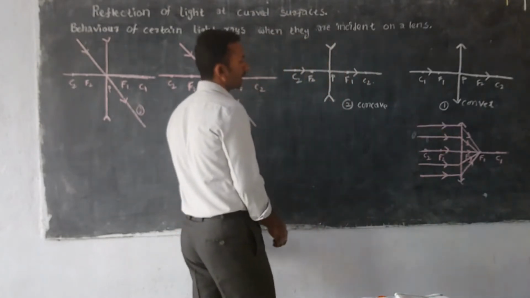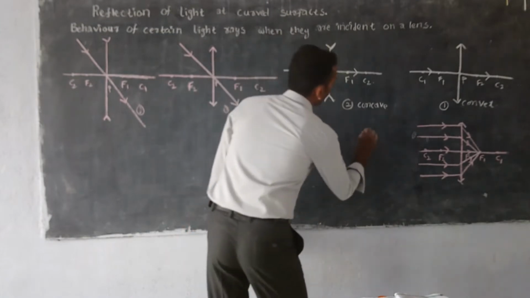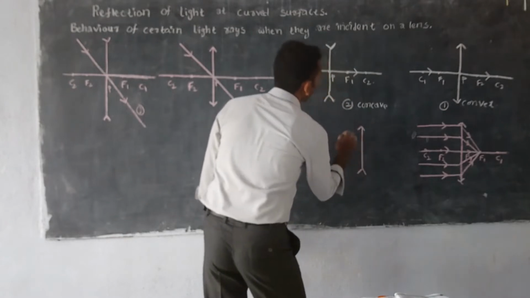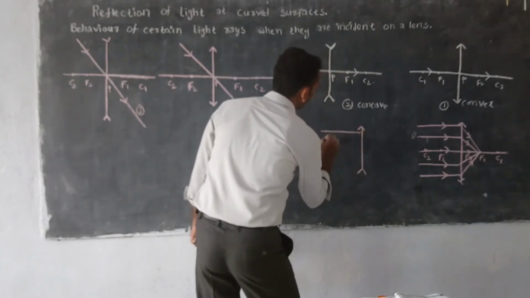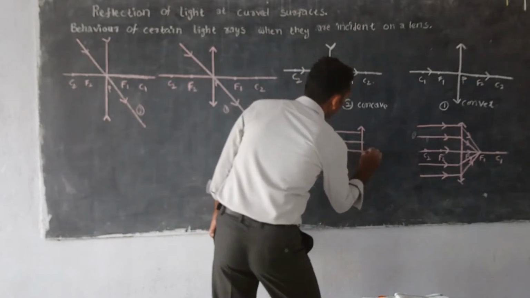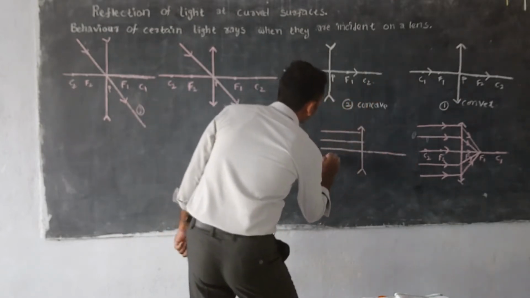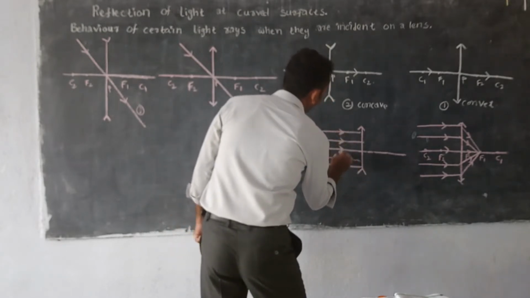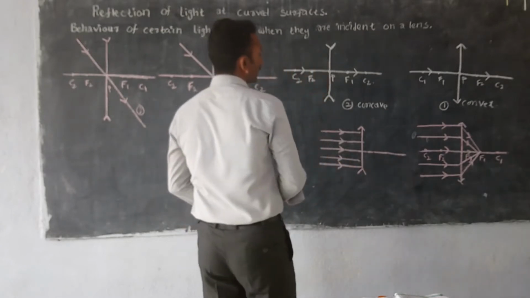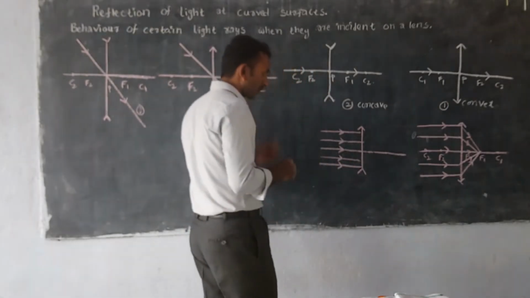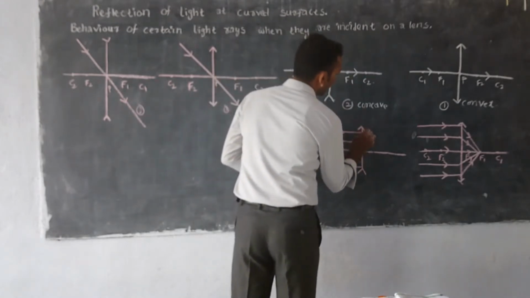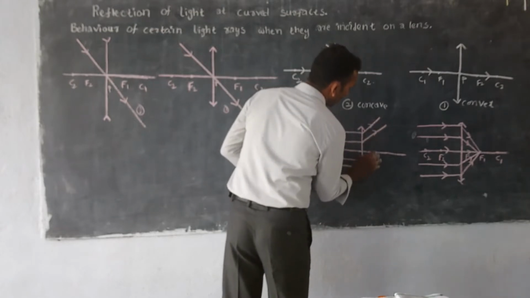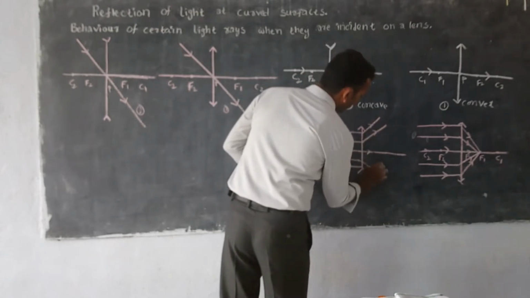And let's draw another ray diagram for the concave lens. We are taking a concave lens and the parallel light rays. This one is the principal axis. Parallel light rays are going parallel to the principal axis, and we have already learned in the previous class, what may happen for the concave lens? If parallel light rays are going parallel to the principal axis, they will diverge away from the principal axis. And this is the picture for that.